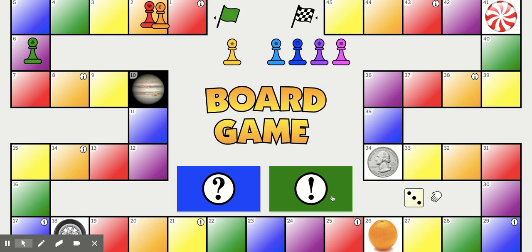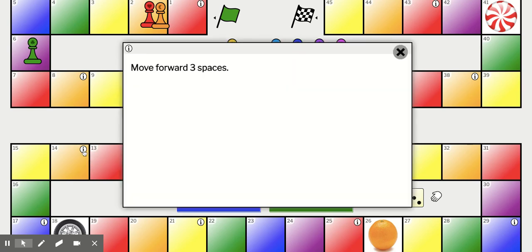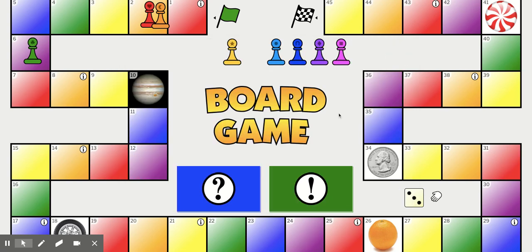die and answering one of the vocabulary questions from the card decks, moving around the board game, advancing only if they answer correctly, and checking on the information card for if they have to move forward a certain number of paces or move backwards. The winner is the student that gets to the very end, the finish line, space number 45. Well, I hope you all have a fun